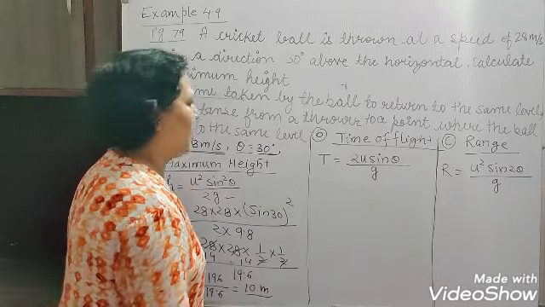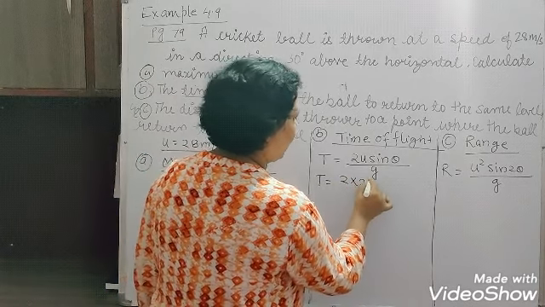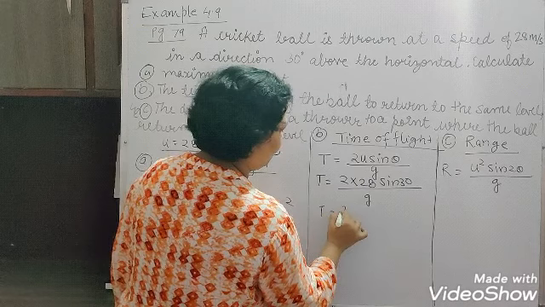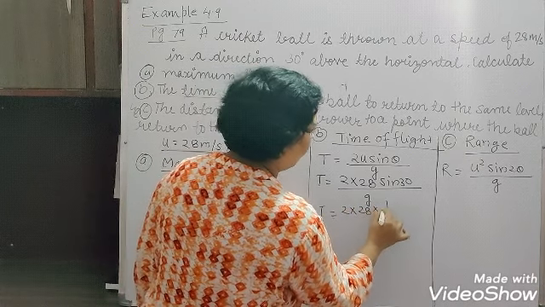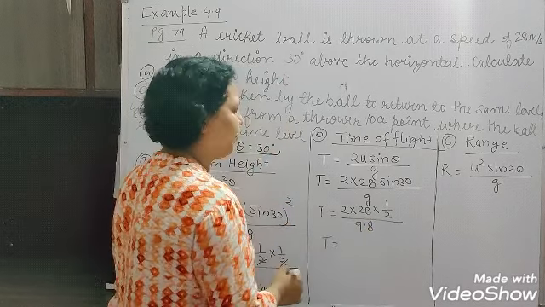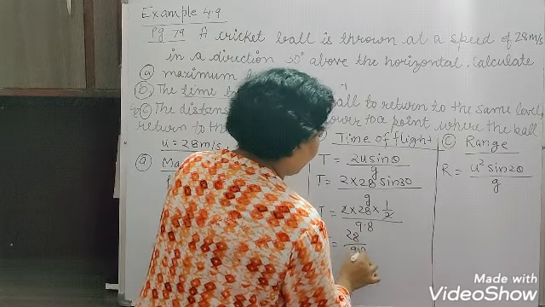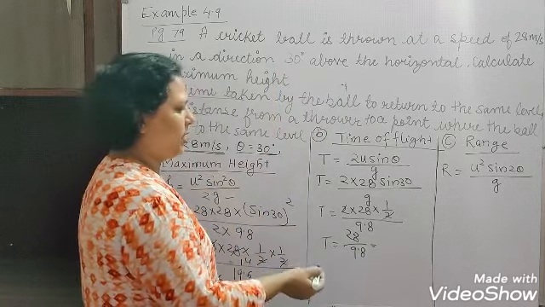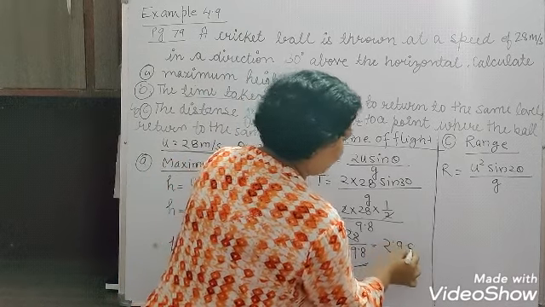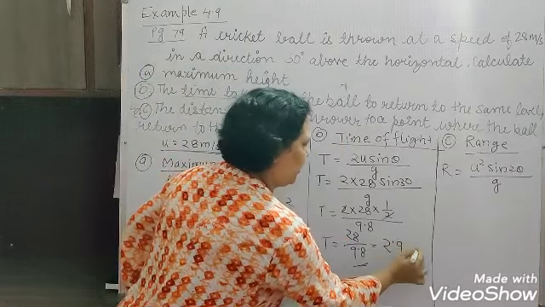Now we'll see the time of flight. For this, t is equal to 2 u sine 30 upon g, where u is 28. So t is 2 into 28, sine 30 is 1 upon 2, and 9.8. You will find 2 and 2 cancel. This is 28. You can take 9.8 as 10 also, so approximately 2.8, but because it is 9.8, you can say 2.9. So it will take 2.9 second.